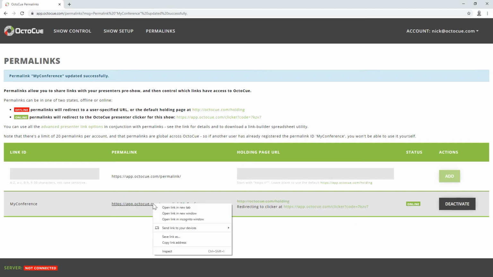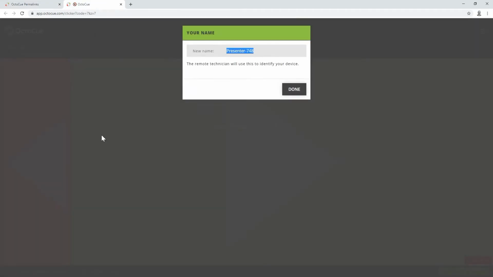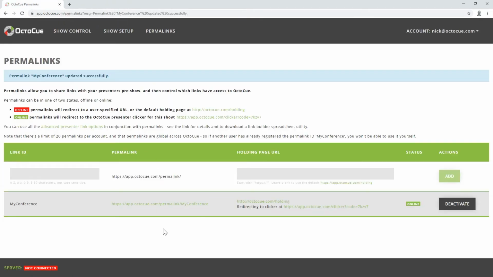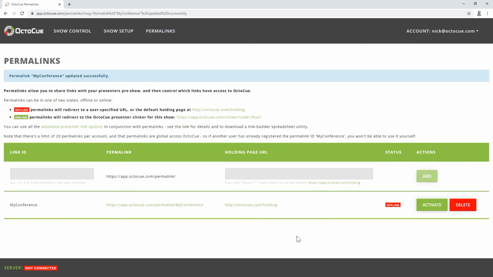So if I now select this link, I end up on the clicker. So now these presenters with this permalink have access to OctoCue. And I can deactivate them again and they're back on the holding page. So permalinks are a good way of controlling who gets access to OctoCue and allows you to share links with